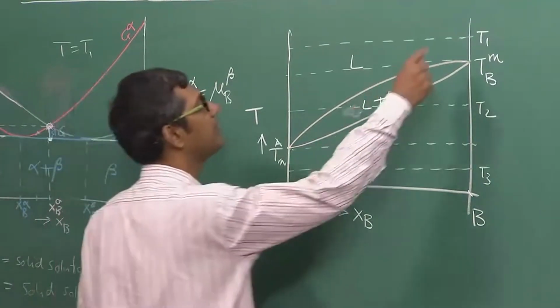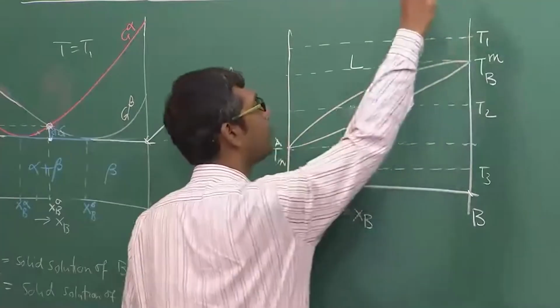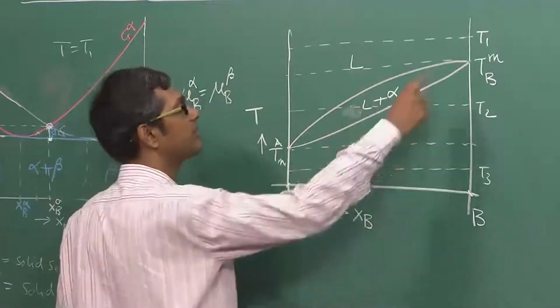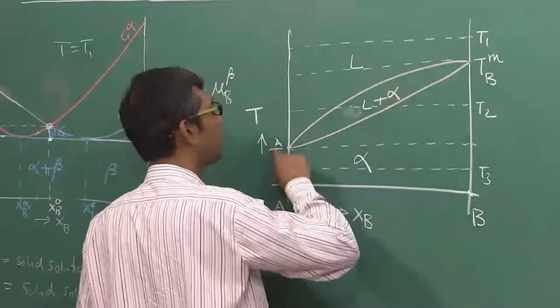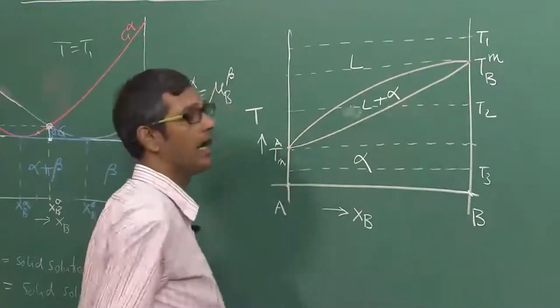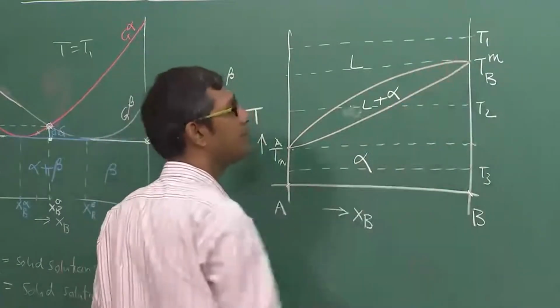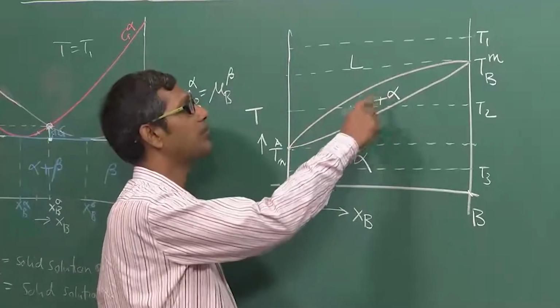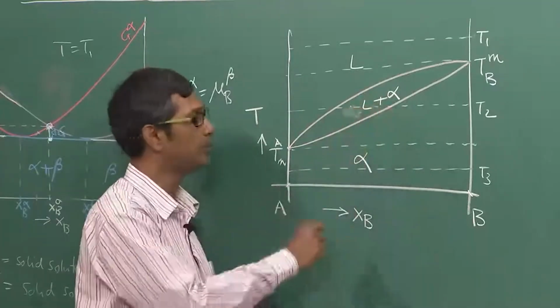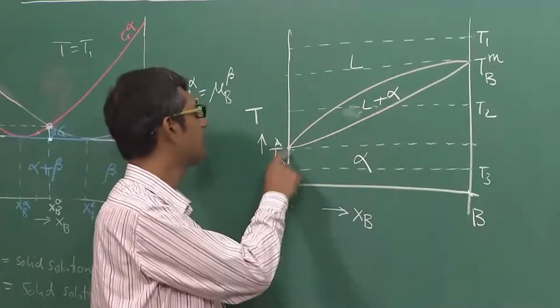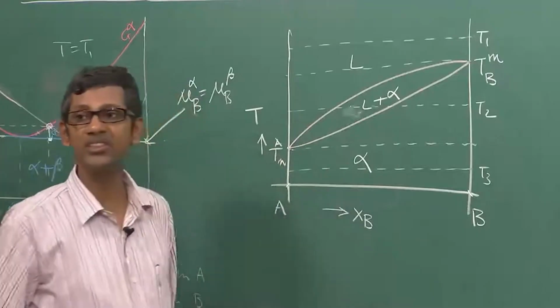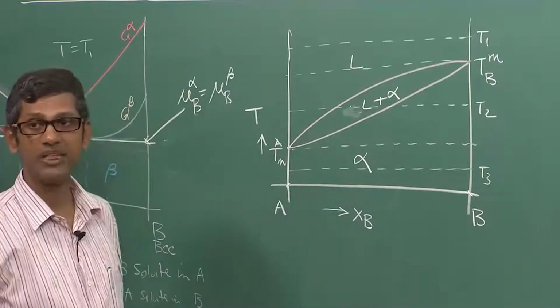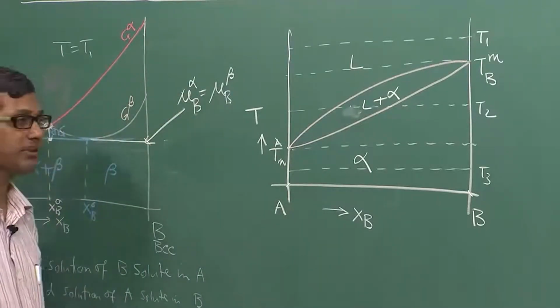So I have taken one temperature above the melting temperature of both, TMB and TMA, that is T1. I have taken a temperature which is exactly TMB. I have taken a temperature in between the liquid plus alpha region, that is T2, a temperature at the melting temperature TMA, and a temperature T3